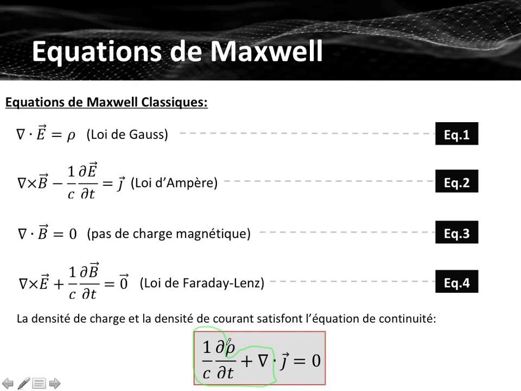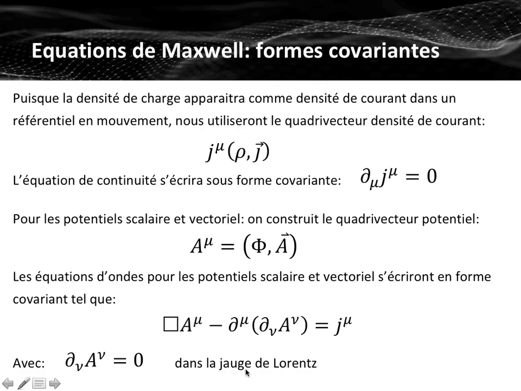Well, the 4-vector gradient is basically 1 over c times the time variation, plus nabla. This means that if I apply the 4-gradient, partial mu, to J mu, which contains rho and J, I will get the continuity equation that I've just seen before. That is the relativistic covariant form of the